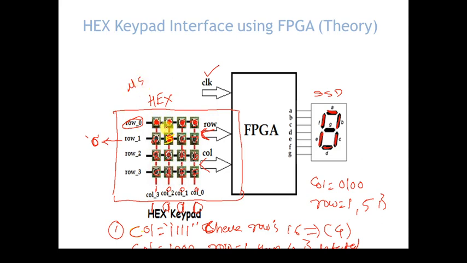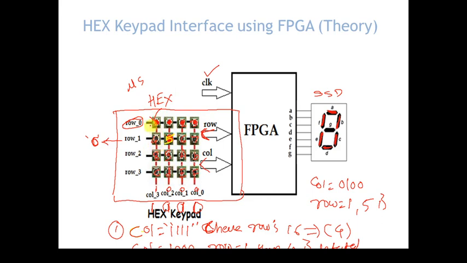So whenever you press a key, internally all these checks happen and immediately will give a result. So let us assume if this key is pressed, in the next stage we make column equal to 1 0 0 0, then this row will become 1, and we can say this key is detected,